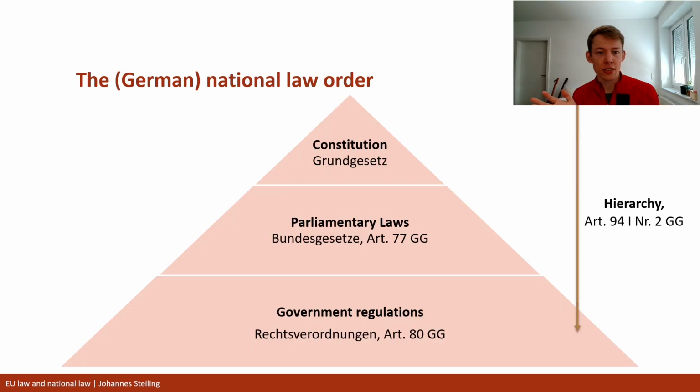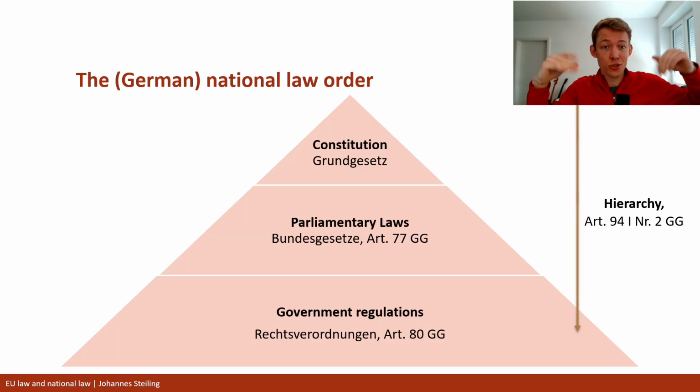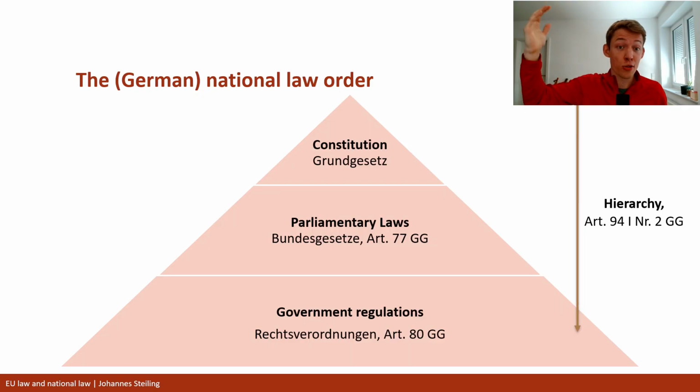Now, this might be different in different national legal orders. In some legal orders, lower courts are also capable of invalidating laws, for example, government acts which conflict with parliamentary laws. In some legal orders, this might only be the task of the Constitutional Court, but in general, you have the courts, and you have the highest court, the constitutional court, which will enforce the hierarchy of the constitution in the national legal order.